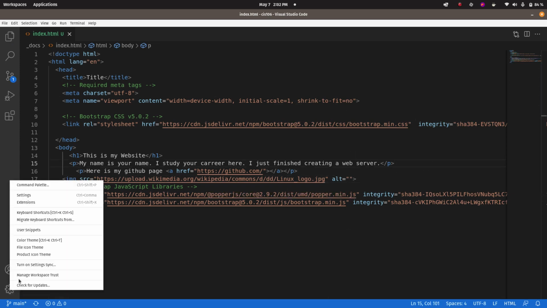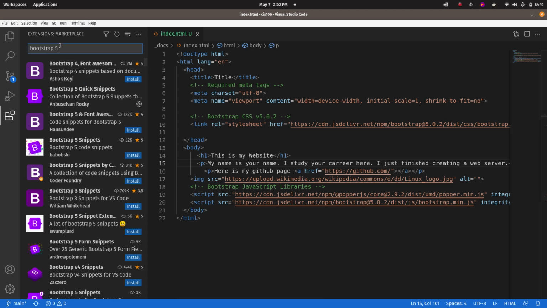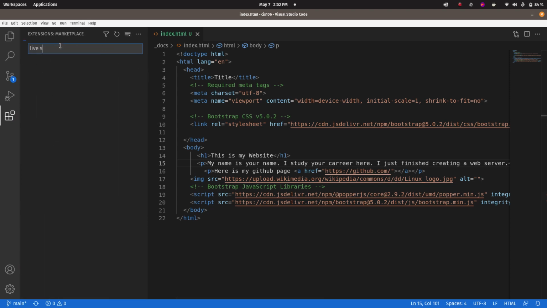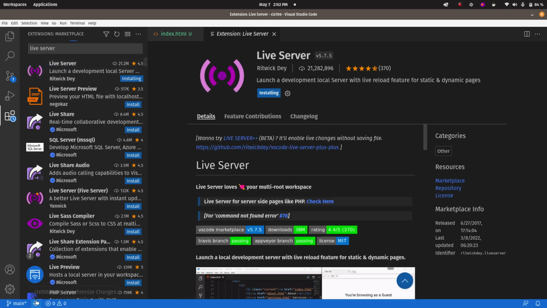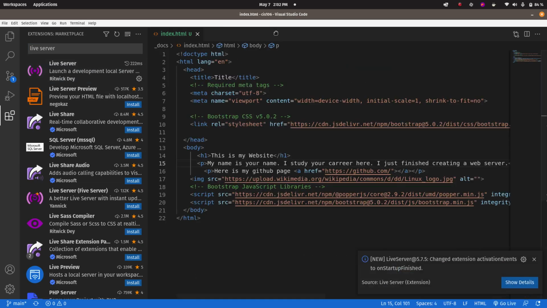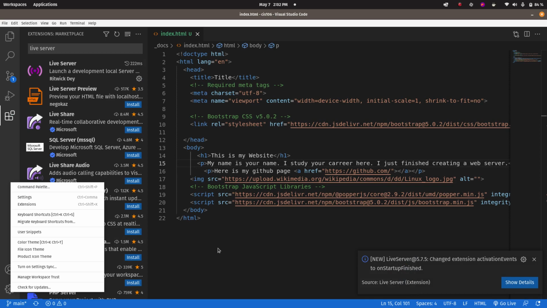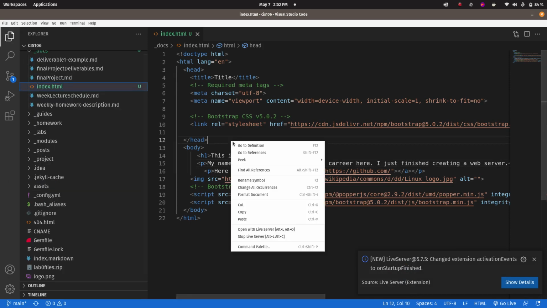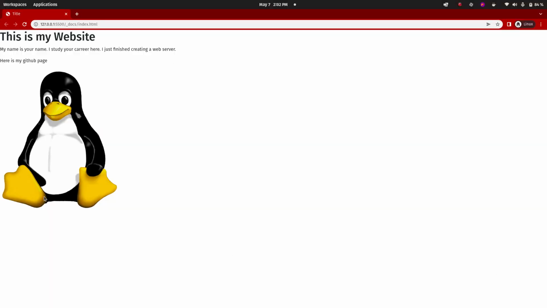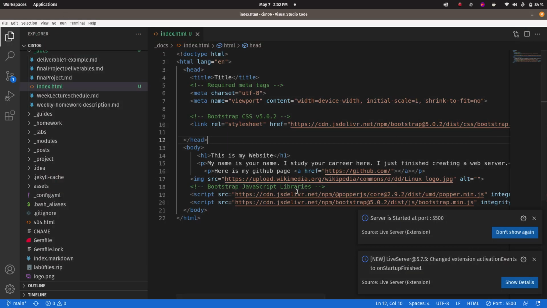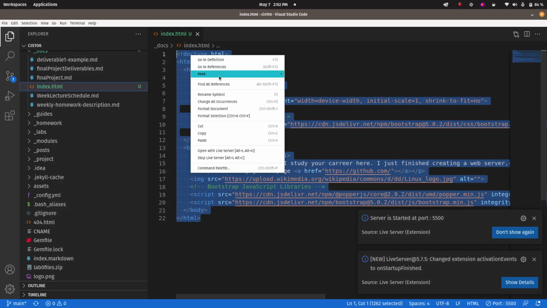And I'm gonna click on extensions, and I'm going to install Live Server. You should have this extension installed over here because you installed it on your virtual machine a while ago. Close here, and we're gonna right click and open with Live Server. This is gonna allow us to preview our website in our browser. And there you go, a very simple website that we just coded. So we're gonna close this, right? And we can just copy this,